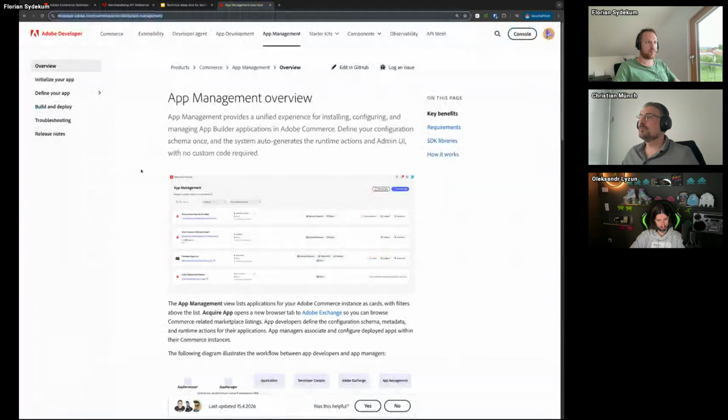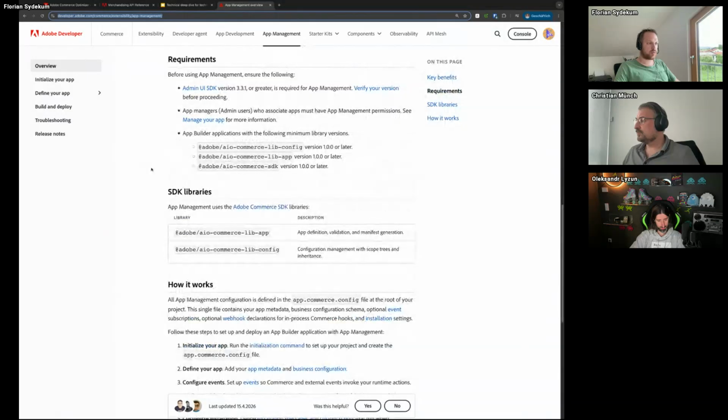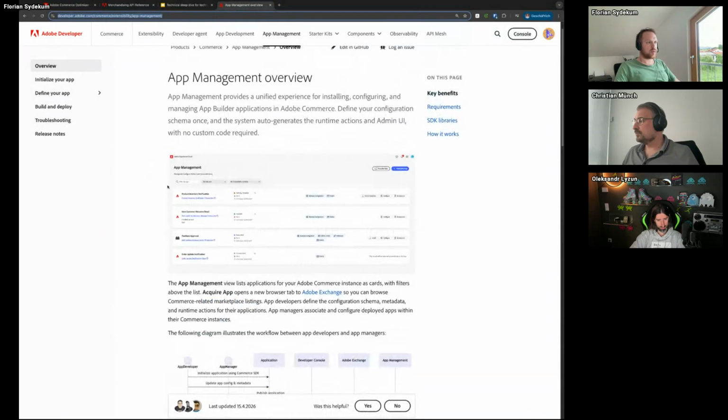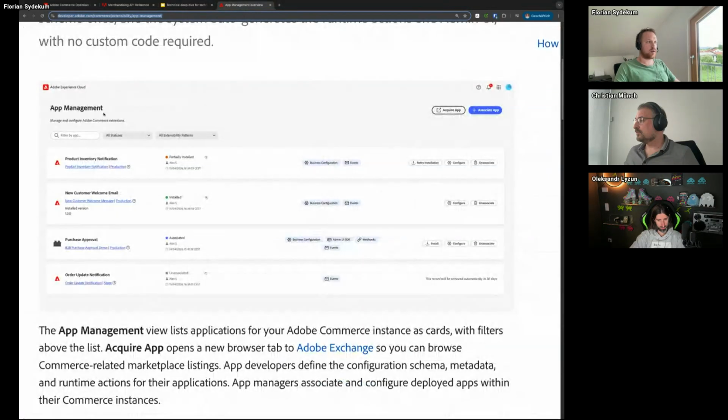But of course, maybe you need a different configuration for every website. And therefore, you can also have the app management feature, which basically allows the shop manager here to have a dashboard, right? And there you see every app from App Builder installed, and you can click on configure here. And once you click on configure,